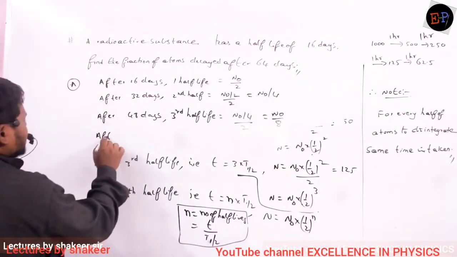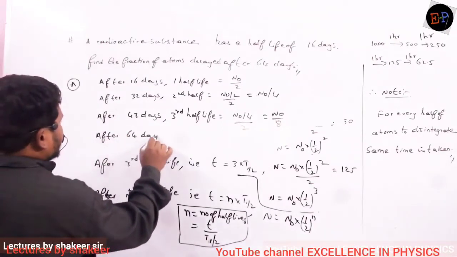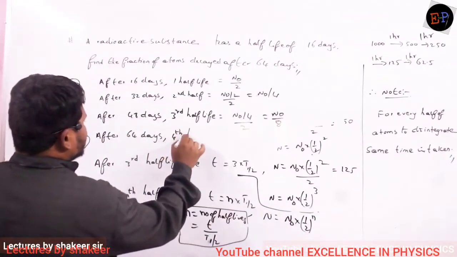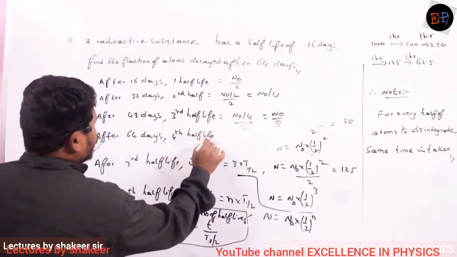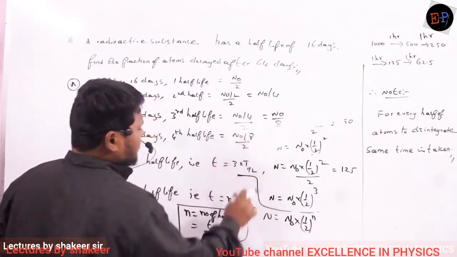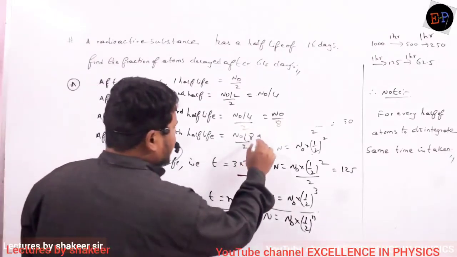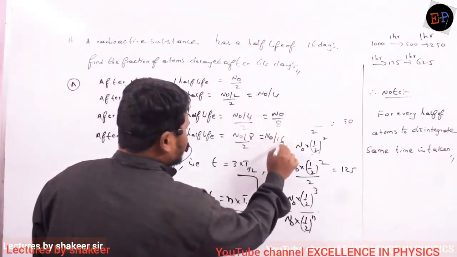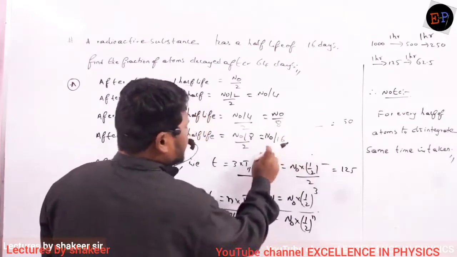Now after 64 days, how many half-lives are completed? 4 half-lives are completed. That is, the fourth half-life is also completed. Now how many atoms are present? N0 divided by 8 divided by 2, so N0 divided by 16. Okay? So these many atoms are present for